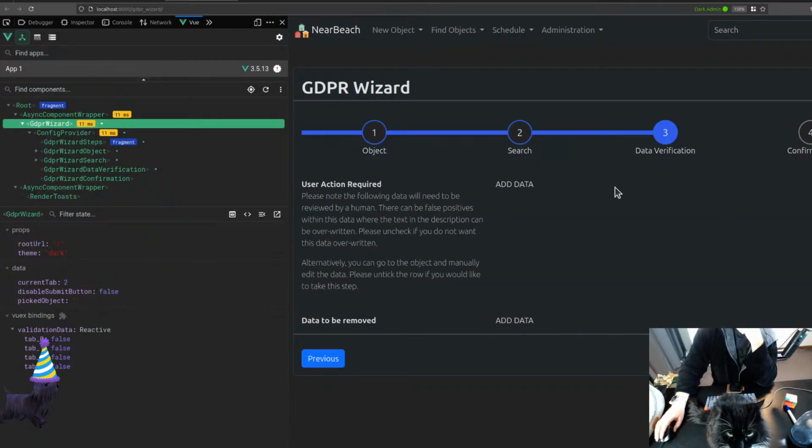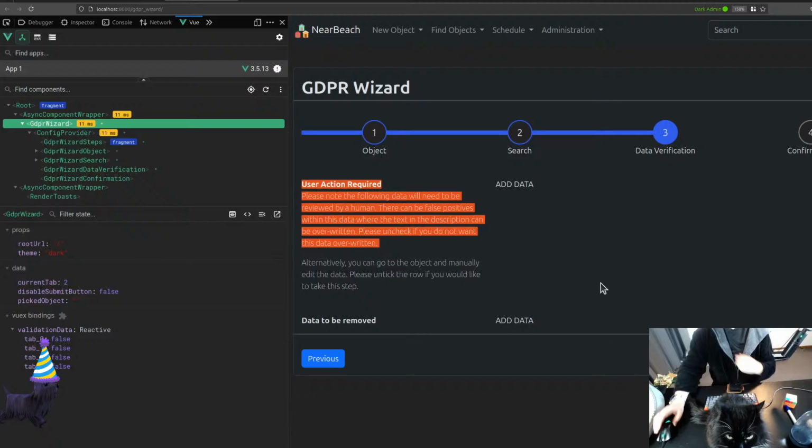All right, so see here, we've got user action required. We're gonna have a list of user action required in here with the ability for the user to actually tick multiple. I will have to figure out how we do that again in VueJS. I'm pretty sure it's something very, very simple. So yeah, we just got to do that. And then the other thing we've got to do